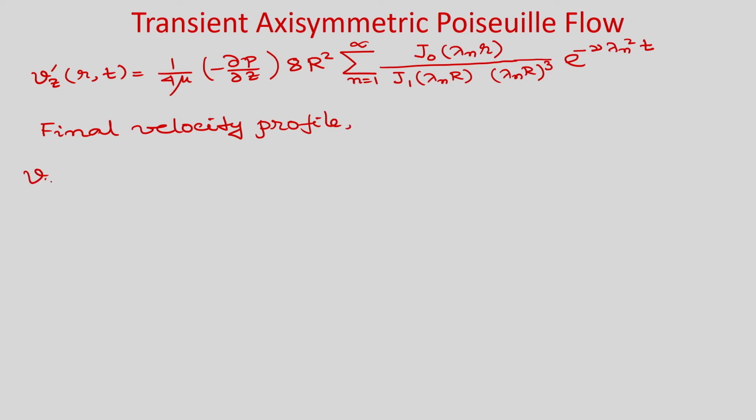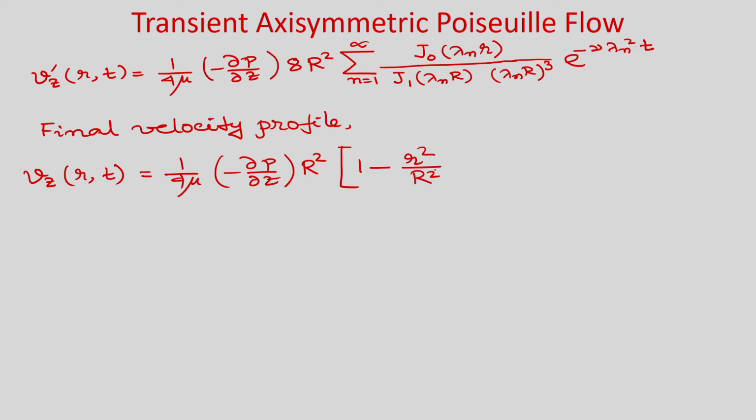So, you will get Vz, which is a function of r and t. One steady part, if you take common, 1 by 4 mu minus del p by del z, okay, R square, then you will get 1 minus r square by R square, and from here you will get minus 8,